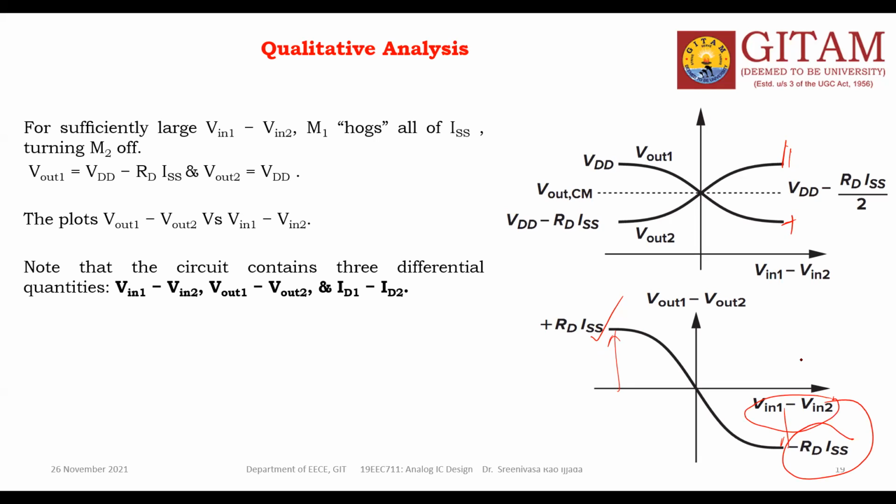Generally, a CS amplifier is what type of amplifier? Inverting amplifier. I told you yesterday in the last class. Inverter, so for negative input, you get positive output, and for positive input, you get negative output. Okay, now, do you understand this picture? This picture I drew based on the difference between these two signals. Finally, I can show you the graph between Vin1 minus Vin2 versus Vout1 minus Vout2.